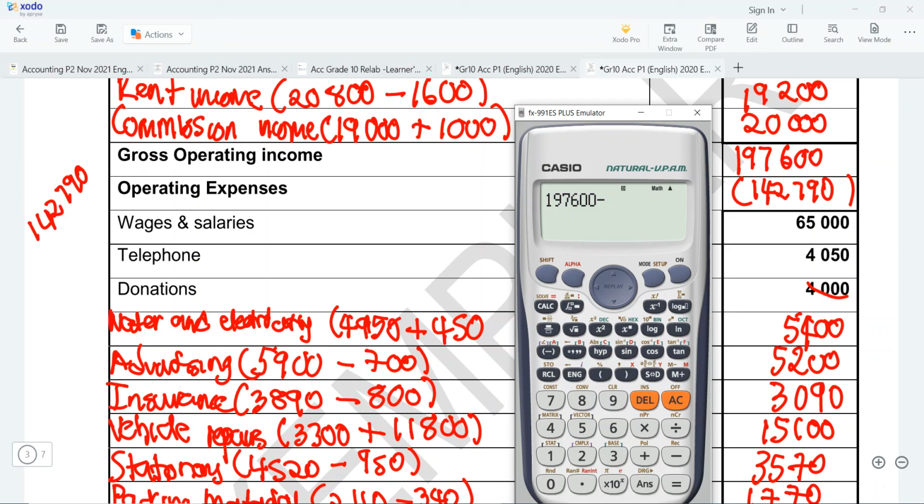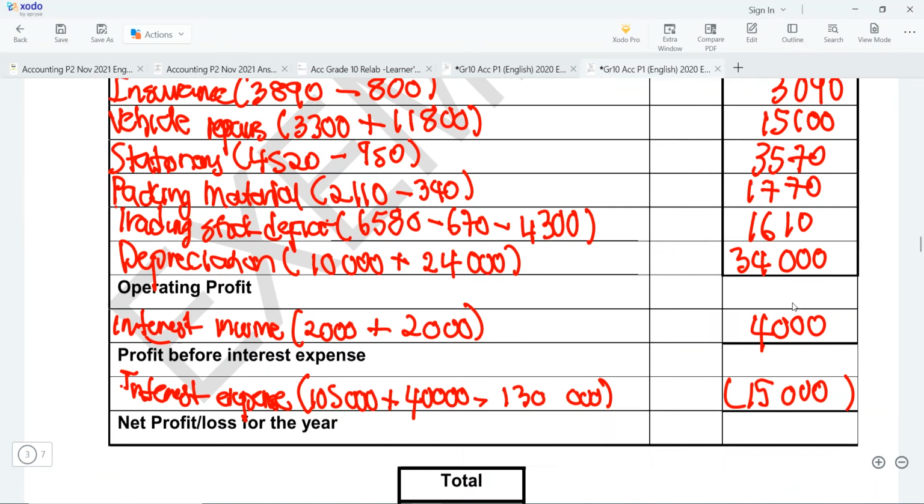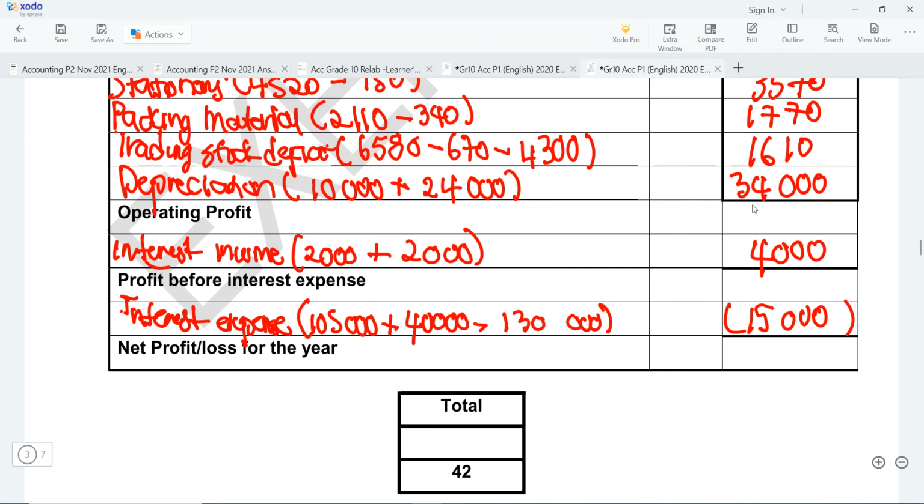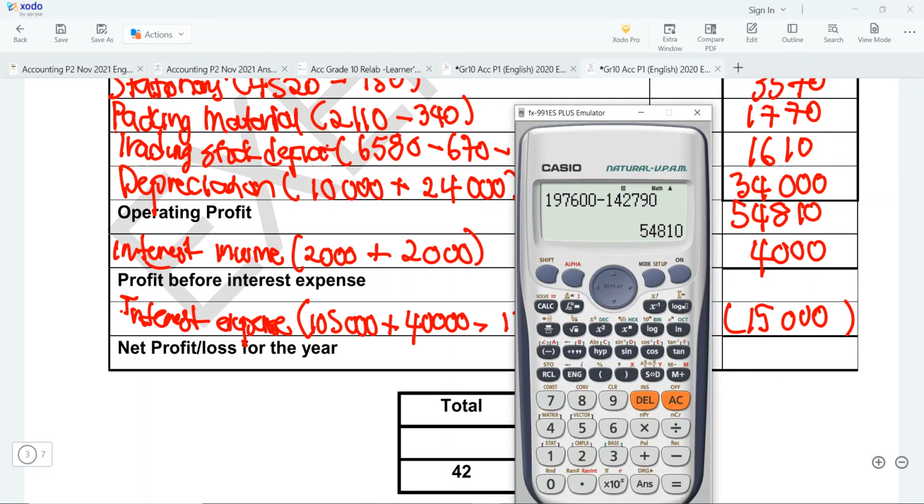minus 142,790. It is giving us 54,810. You can see this 197,600 minus 142,790, which is giving us 54,810. So that 54,810 will come here. Okay, and then when we take this 54,810 and then we add it with our 4,000, it will give us